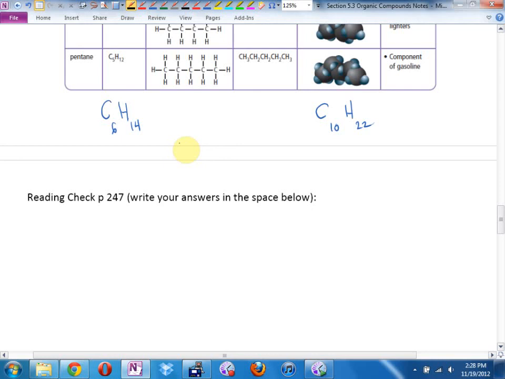Number 3, list 3 carbon-containing compounds that are inorganic. So what are 3 compounds that contain carbon? That are not organic. CO2, carbon dioxide, and CO, carbon monoxide, and CO3. Oh, if I can remember that carbon dioxide is inorganic, I think I can probably get my brain to trip into the other ones. Okay?